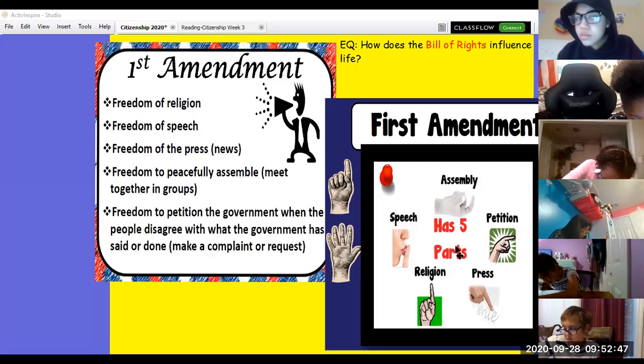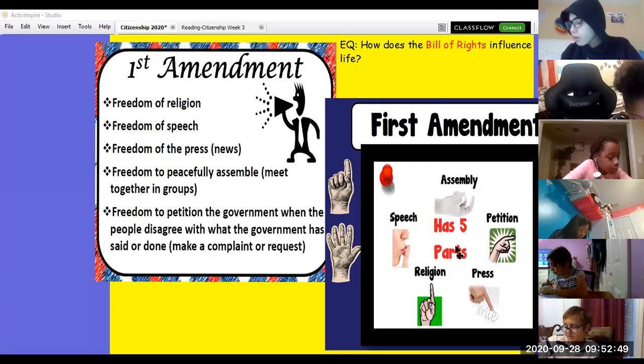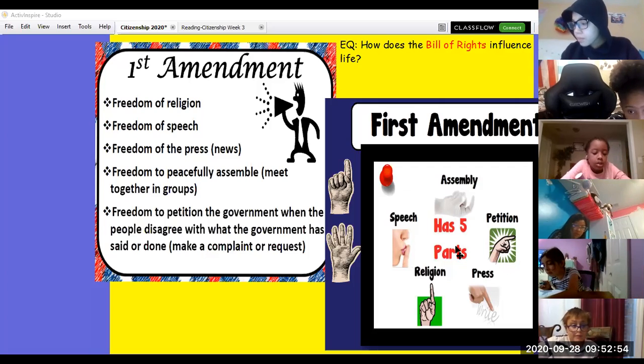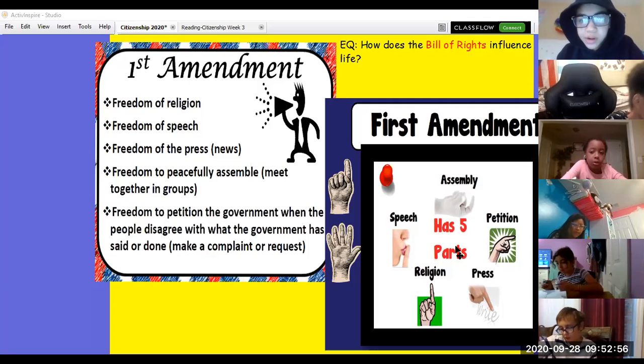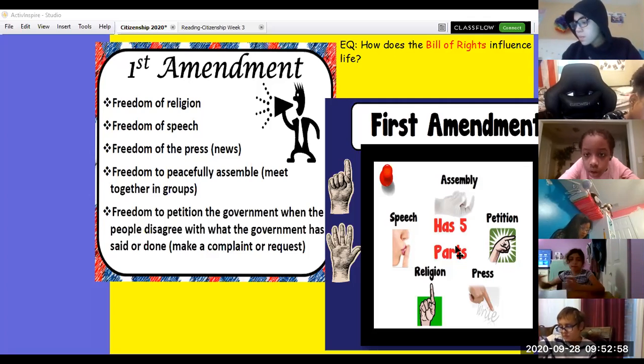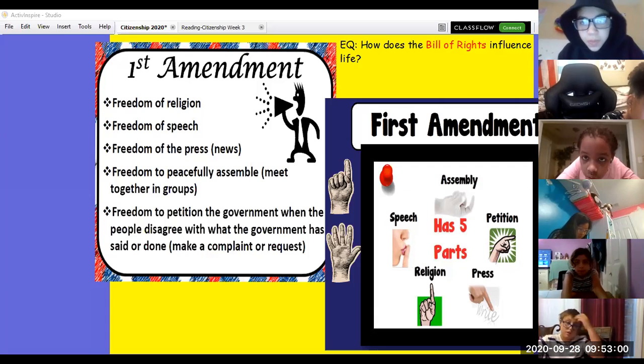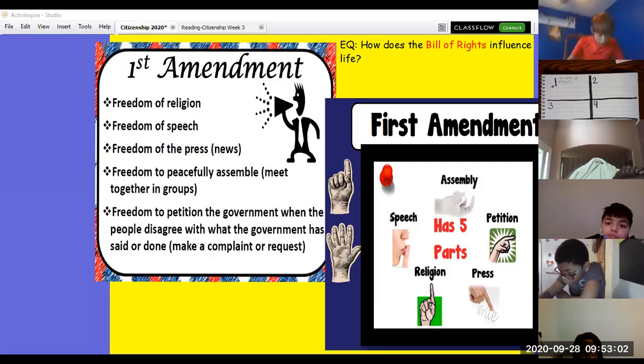Okay, freedom of the press. Let's put in parentheses the news. Okay, the news and the press, they can choose what they share. This goes with journalism, anything in the news, newspaper,